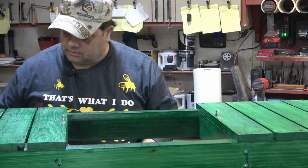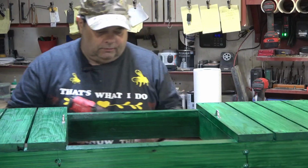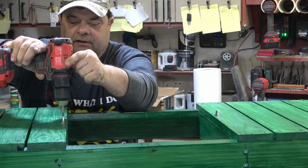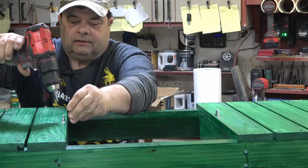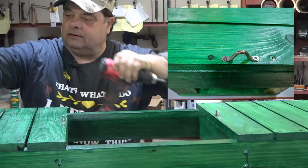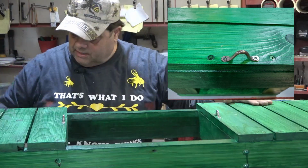And so basically, I just eyeballed them where I wanted to do. 3/8 of an inch in, put that in. That'll draw those boards right up. And like I said, the outside boards and the inside boards,